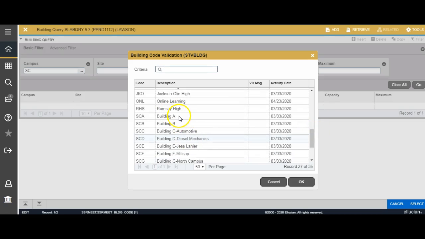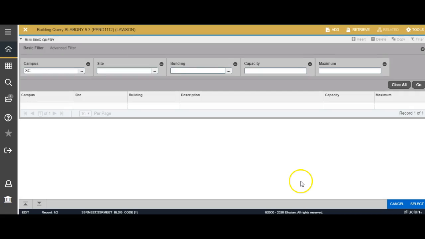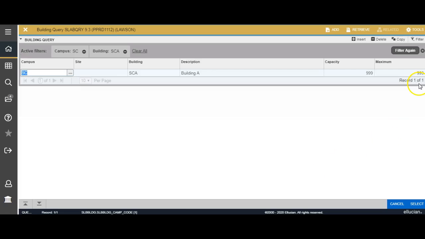So here's building A, Bessemer. So this is a little confusing because if we have the same buildings, but I guess they're just called something else. So I'm going to talk to Jamie about that, but I don't know if there's anything we can do. So I'm going to go ahead and hit go to search that. Campus SC. I think what will happen is that it'll signal us if we select the wrong code, possibly. So once you figure out the building and the building descriptions and you hit select,